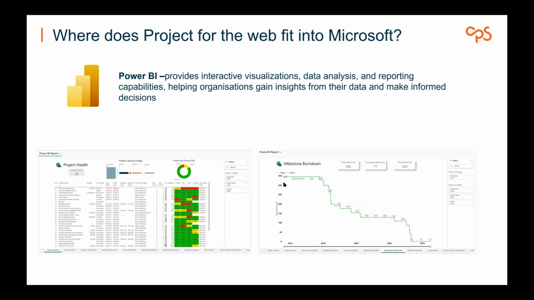What we're doing here is extrapolating the data up from lots of different projects and displaying that across the board. We can apply filters and criteria to filter down what is being displayed, which is one of the powerful things around centralizing all of the data that is